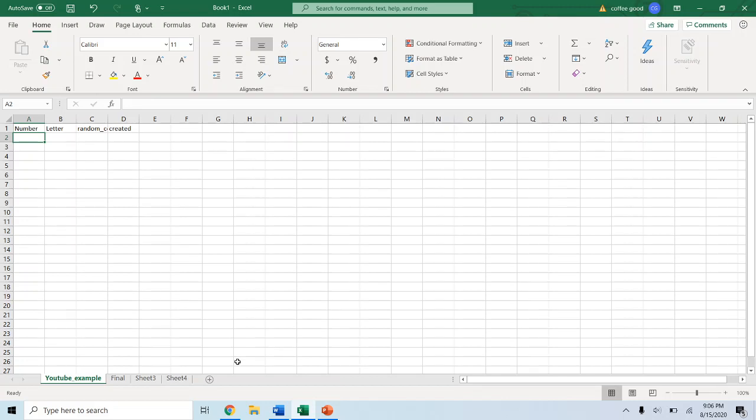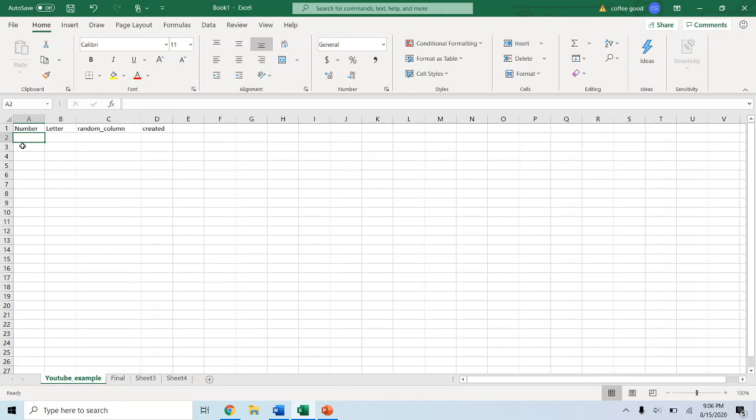Or at least you could, but it would take a very long time. So this is a more efficient way to pull that information. So here's a quick sample of what we're going to create, and then it'll develop over the course of the